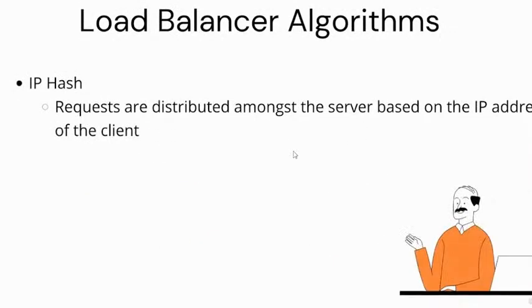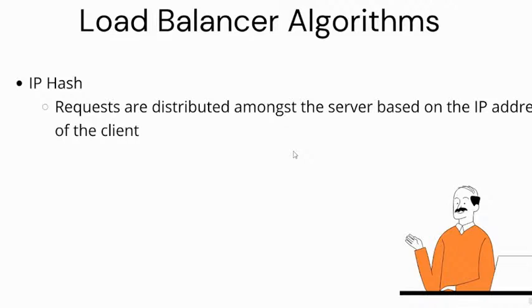This algorithm is known as IP hash. This is a simple algorithm. In this case, all the incoming requests will be routed to different servers based on the IP address that is mentioned in that request. The advantage of using this algorithm is, let's say you have a web application where